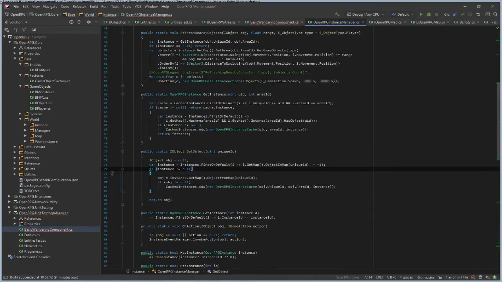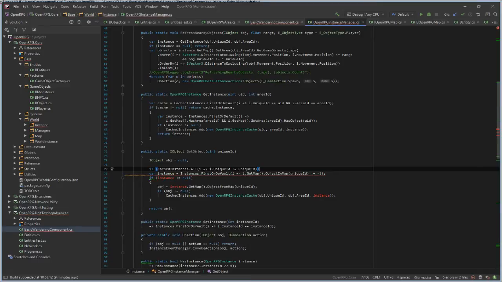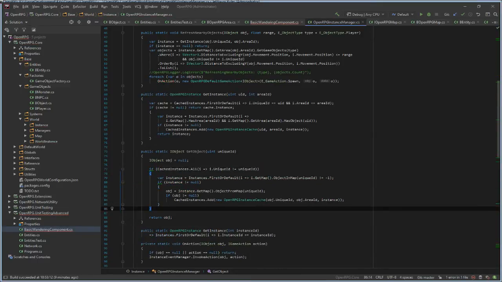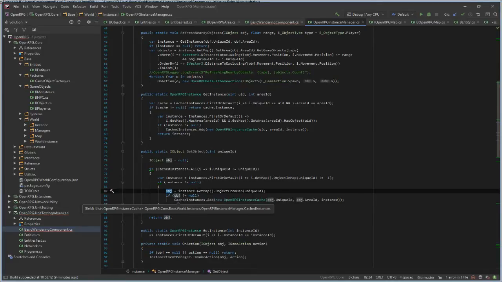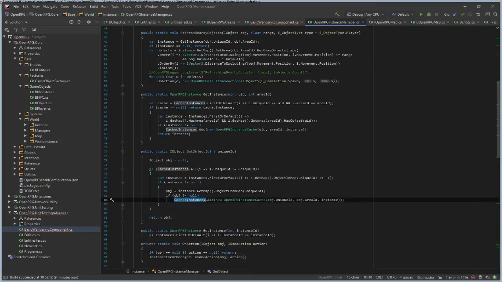So this will happen if we don't have any cached instance with this object in it. If we don't have any instance with this object, we just proceed to get a new instance reference, check if it's null, then get the object from the map and check if it's null, add a new cache instance.